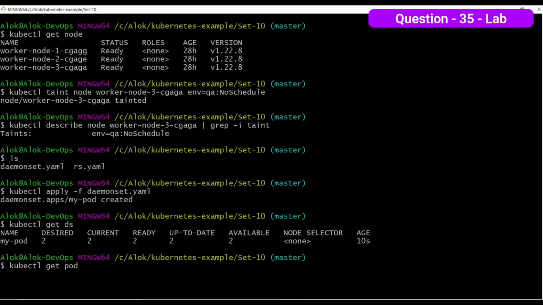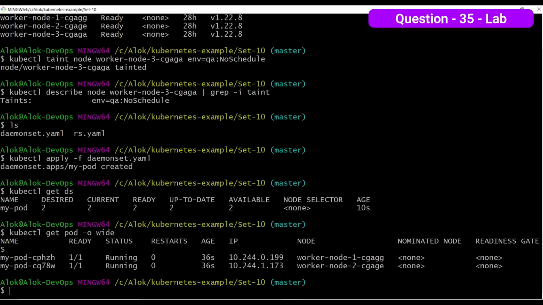kubectl get pod -o wide. This gives us the node information. So you can see that the pod, which is part of the daemon set, got deployed into worker node 1 and worker node 2, and not into worker node 3 as per the question. So this fulfills the